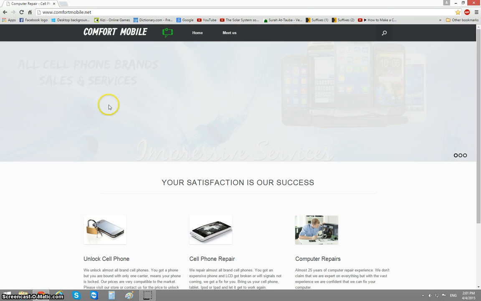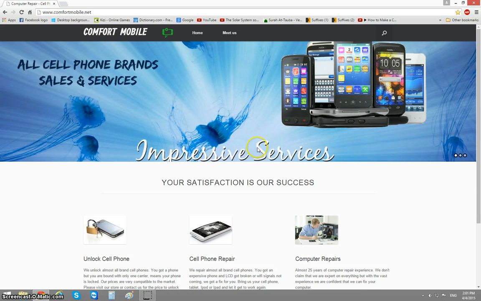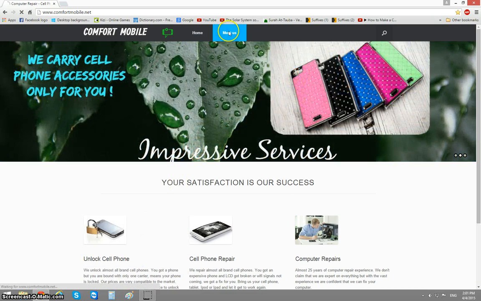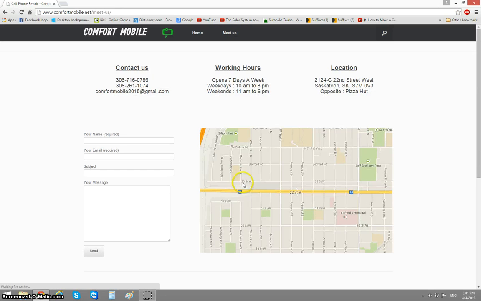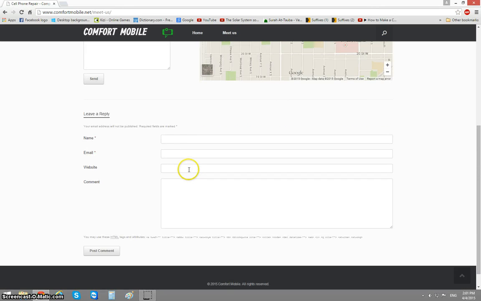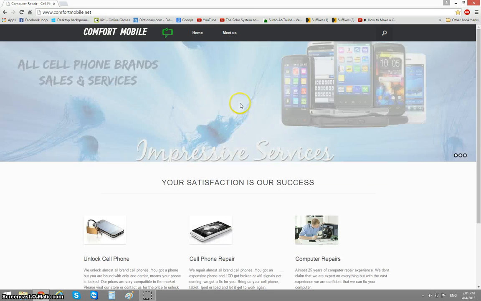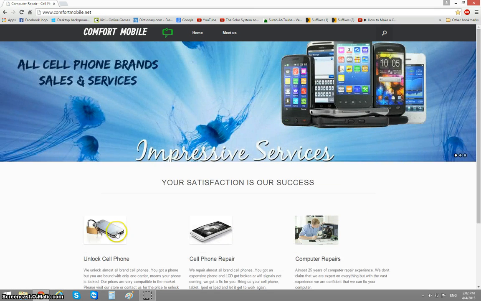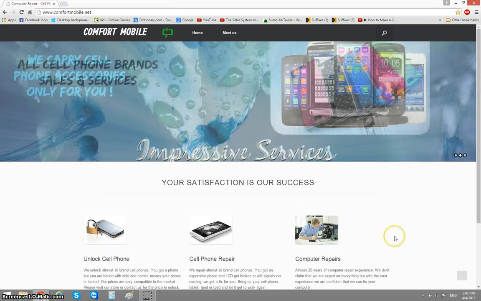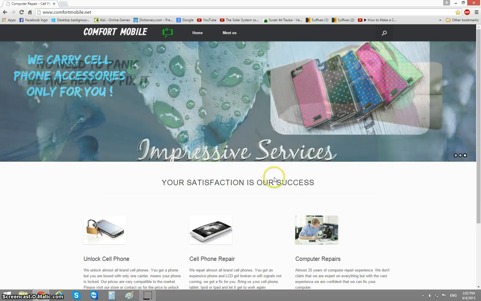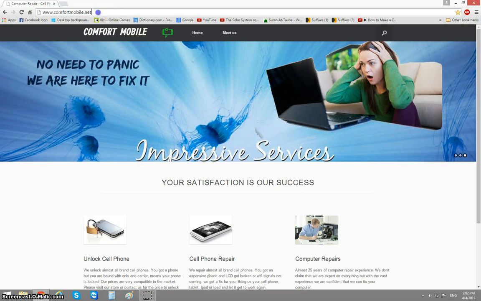So this is called Comfort Mobile. Quite a small website, only has 2 pages, so the backup should not be very big. As you can see, not many pictures, just 2 or 3 banner pictures and then 2 or 3 small pictures down there. Not much content as well, but regardless,